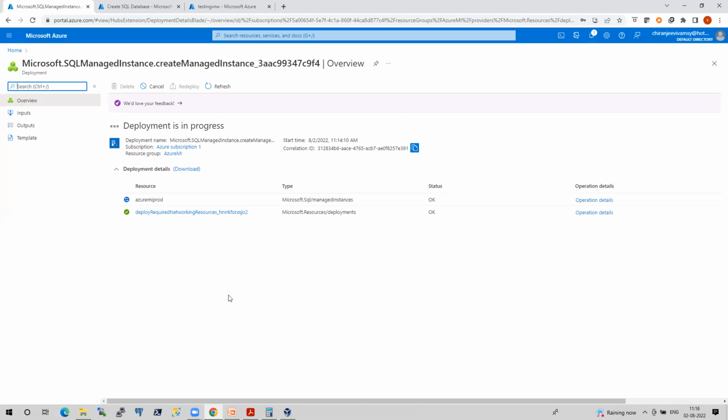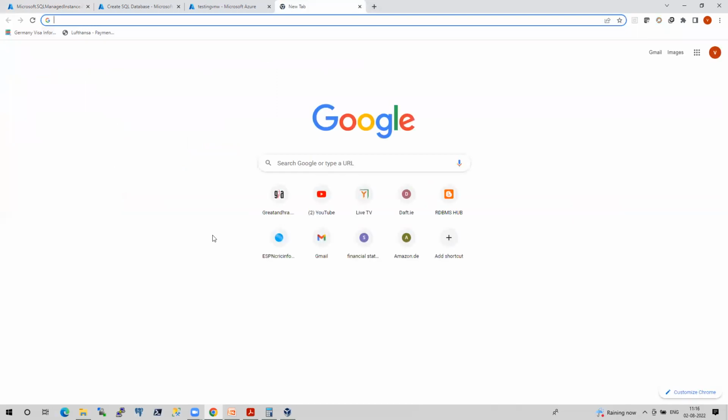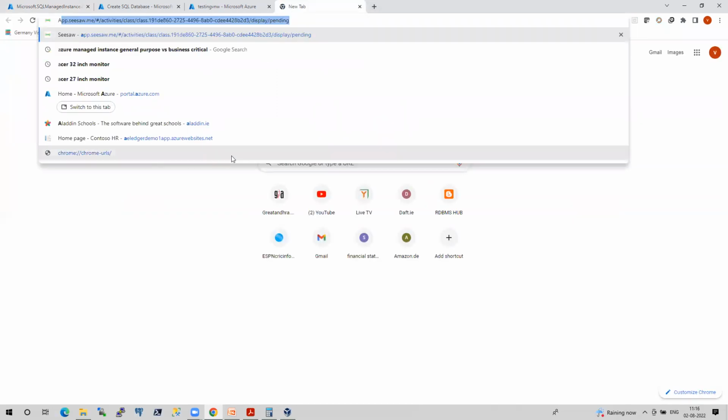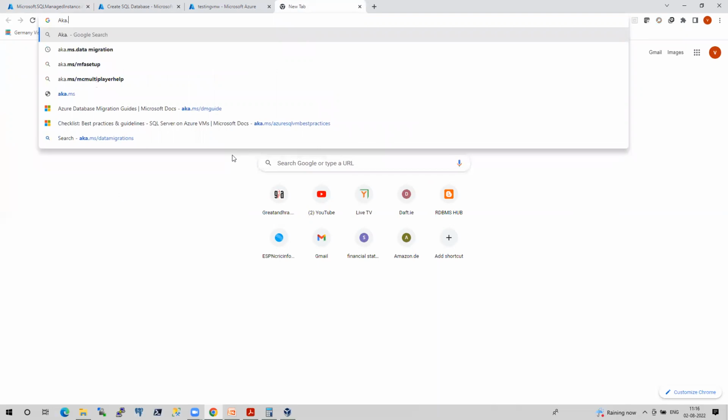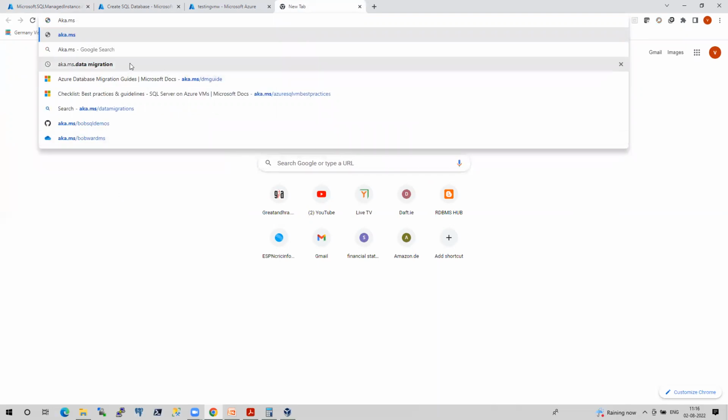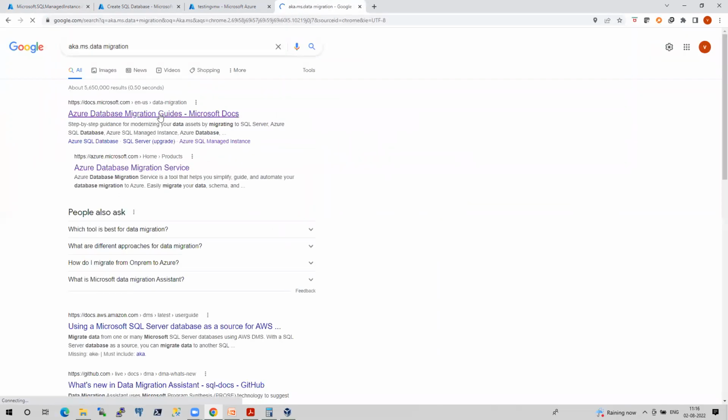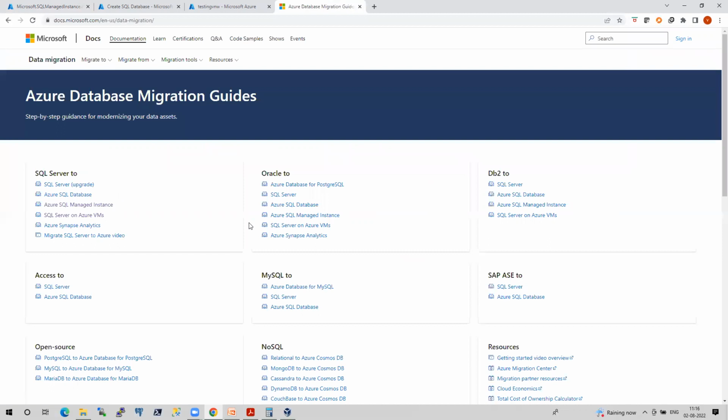Okay, and now when it comes to migration, I'll just talk about migration and I'll wind up. Guys, for Azure migration, I think there is the Azure database migration guide. So this is the migration guide, and these are all the different scenarios we have for SQL.